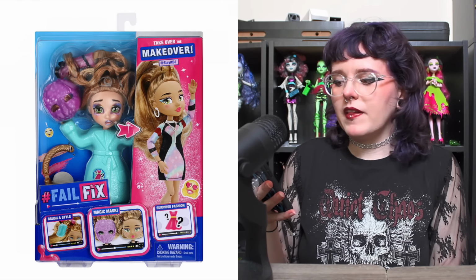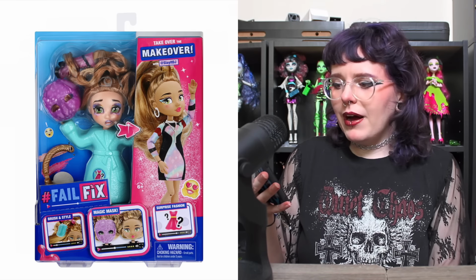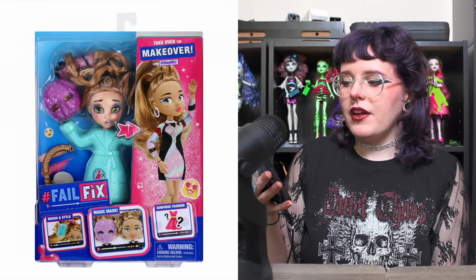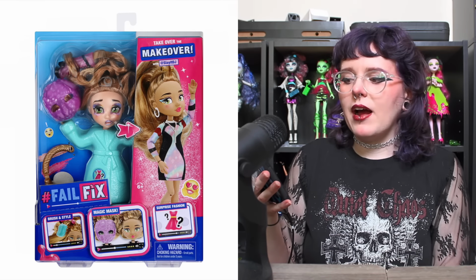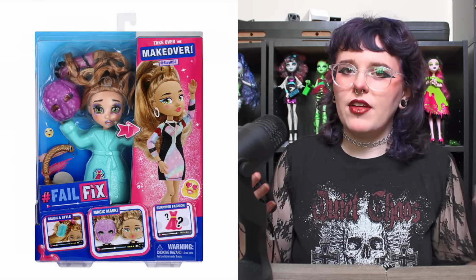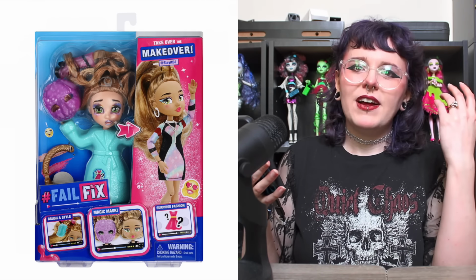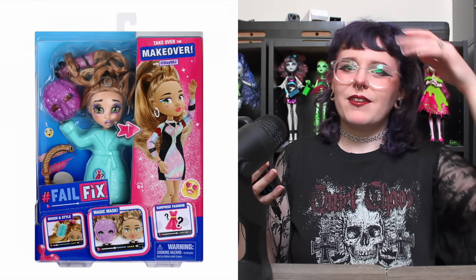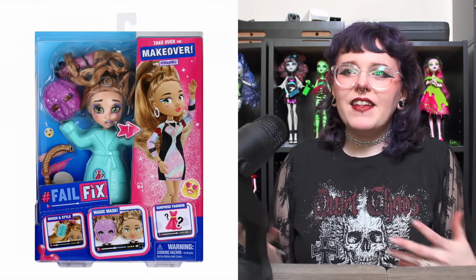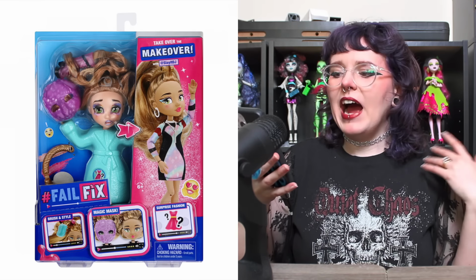I've heard that people really enjoy these dolls, but it is so hard because on the one hand, I do think it's kind of a fun gimmick, and I can imagine why it would be fun for kids to do this makeover thing with the doll where they have to remove the messy face mask and fix all the hair that's all messed up and transform their doll. And I think that that's a fun play aspect. However,